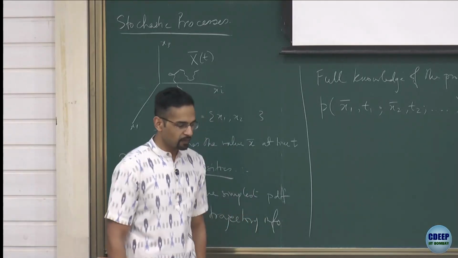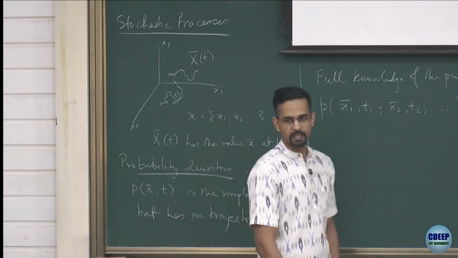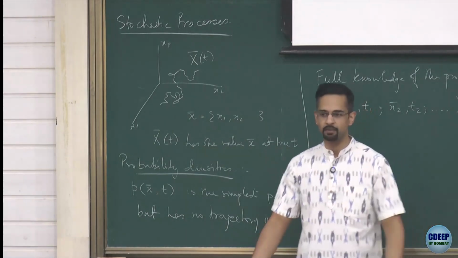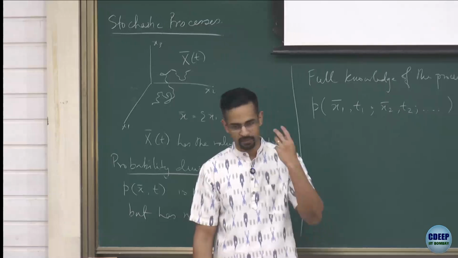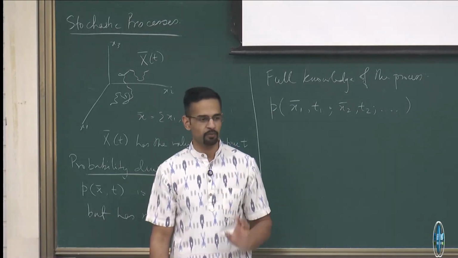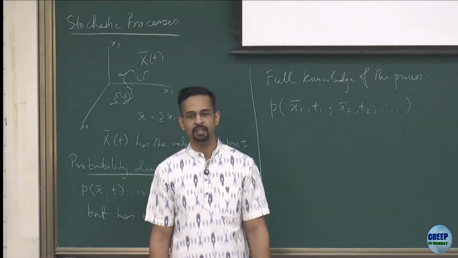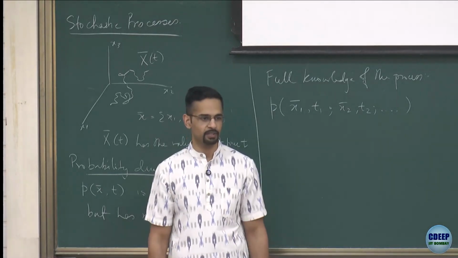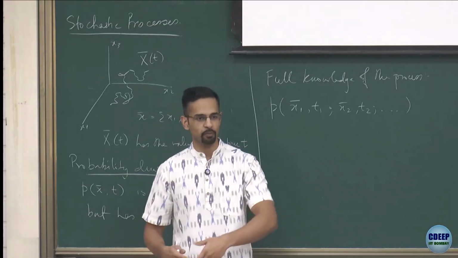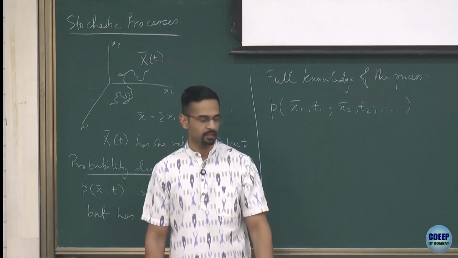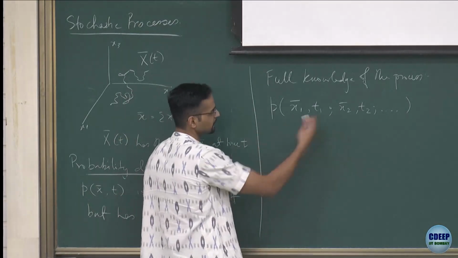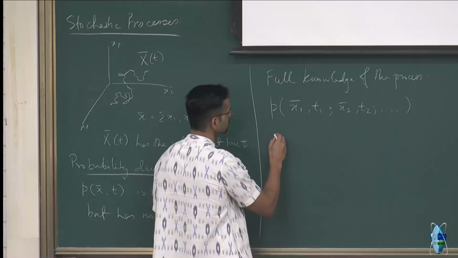Okay, and what we would like to do when we are thinking about stochastic processes is ultimately we want to understand how the system is evolving in time. Right? This is the way we would come to it in terms of prediction. Or if you think of it in terms of dynamical systems or as an ordinary differential equation, what we're usually doing is saying I know the past and I want to predict the future. Okay, so just with that in mind, I can rewrite this as a convention to say that